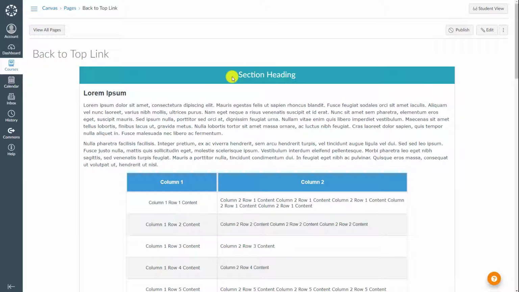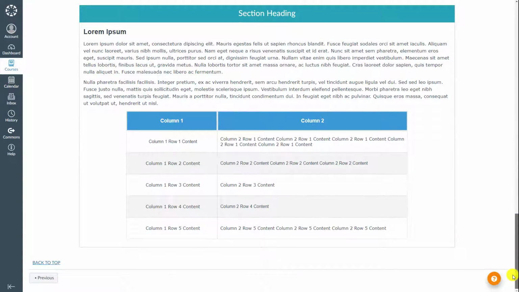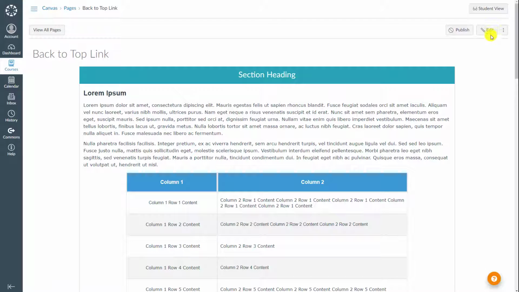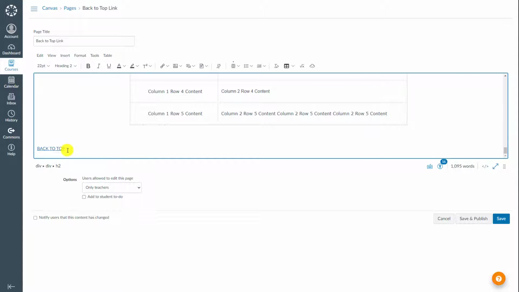So the next step will be to style our link to make it on the right side, a little bit bold, colorful, and so forth. So to do that, let me click my back tab and then click edit again. Scroll down, and it's just the way you align your text in Canvas using the Rich Content Editor.